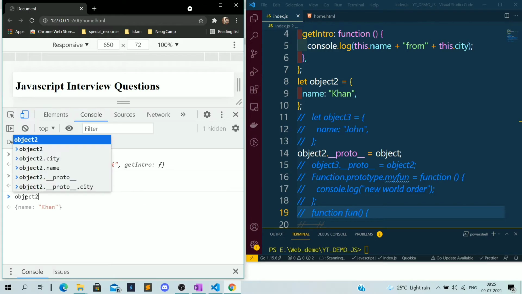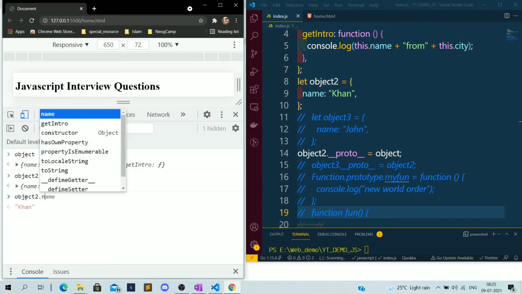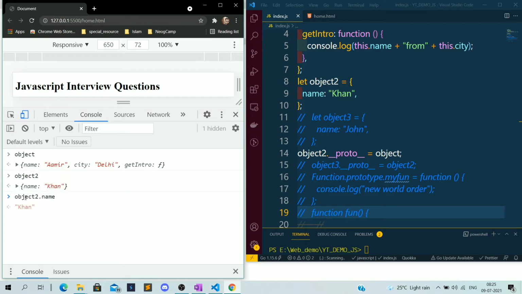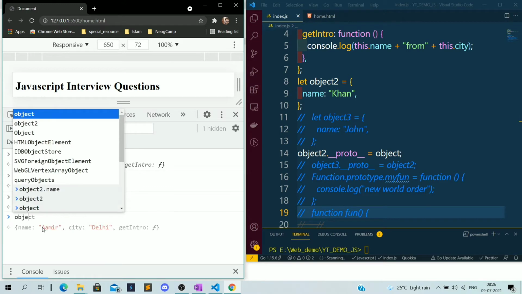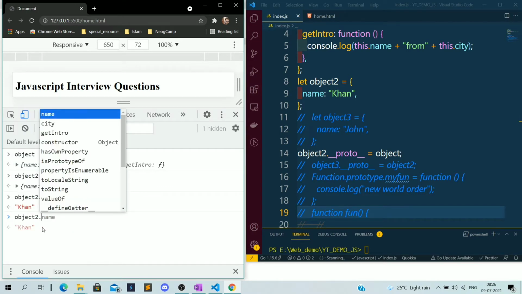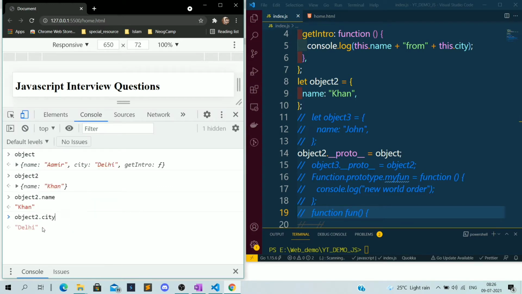Now if I try to access object2.name, it will print Khan, because object2 has the property name Khan. Now if I try to print object2.city, for example, it will show Delhi.